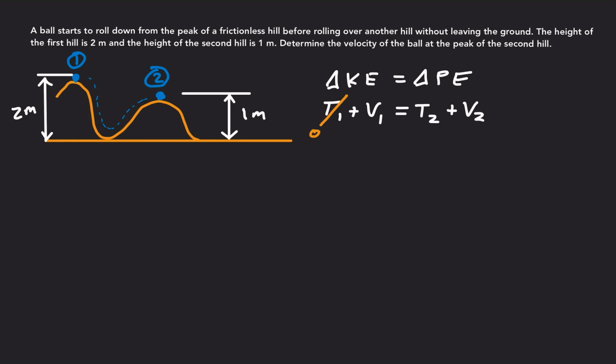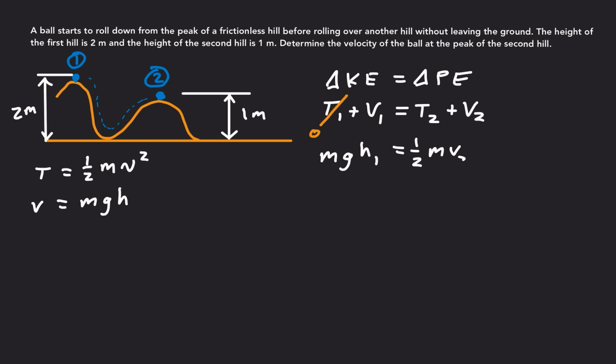So let's recall our definitions of potential energy and kinetic energy. Kinetic energy is equal to 1/2 times the mass times the velocity squared. Potential energy is equal to mass times the gravitational acceleration times the change in height. So if we rewrite our first equation, we have m g h1 equals 1/2 m v2 squared